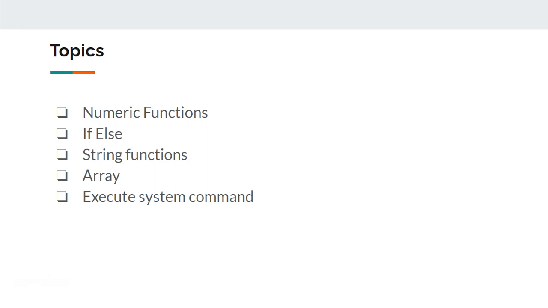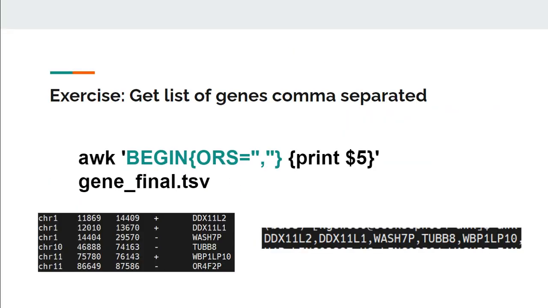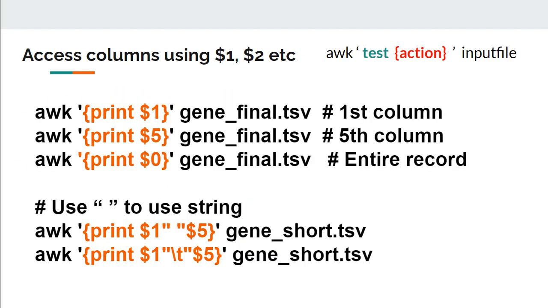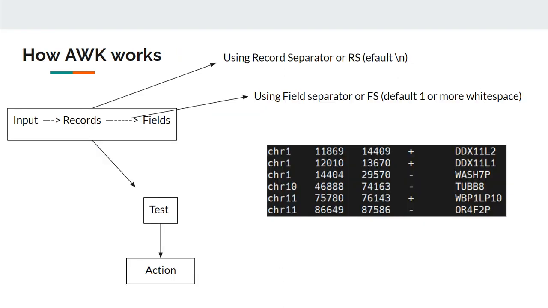But before going deep into these concepts, let me revise. If you have already watched that video, then you can skip it. So let me quickly show you what we have seen on awk. Basically awk takes the input and splits it into different records based on the record separator, and then splits each record into fields using the field separator variable, and then applies the rules. Rules consist of different tests, and whichever tests pass, the corresponding actions will be